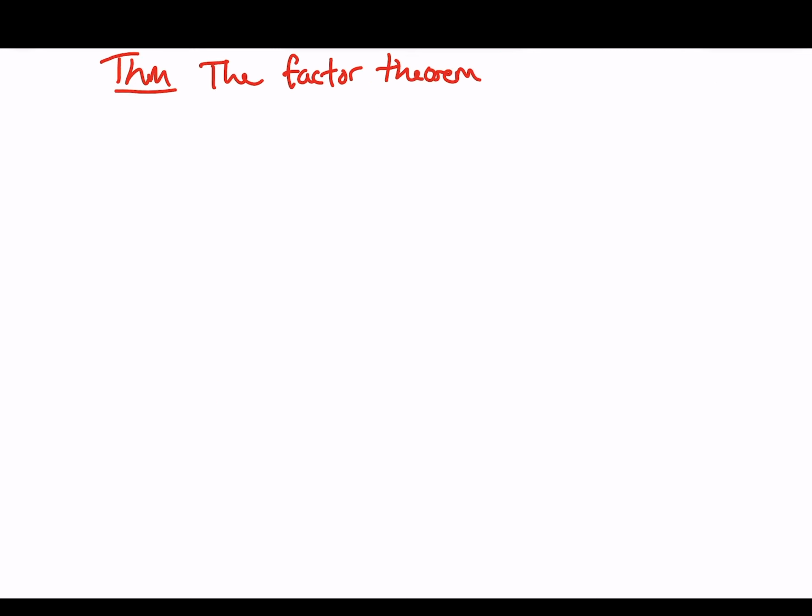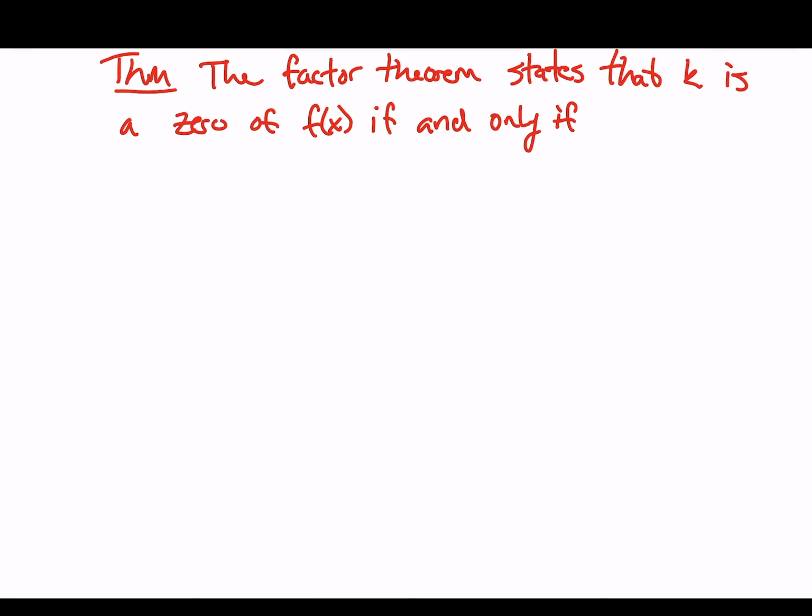We now need to discuss the factor theorem so we can go about solving a polynomial equation once we are given a factor. So the factor theorem says that k is a zero of f of x if and only if x minus k is a factor of f of x. So really what this means is exactly what we've been working on: if we're given something that we want to test for being a zero using synthetic division, if we know that k is a zero, then we also know that x minus k is a factor, and